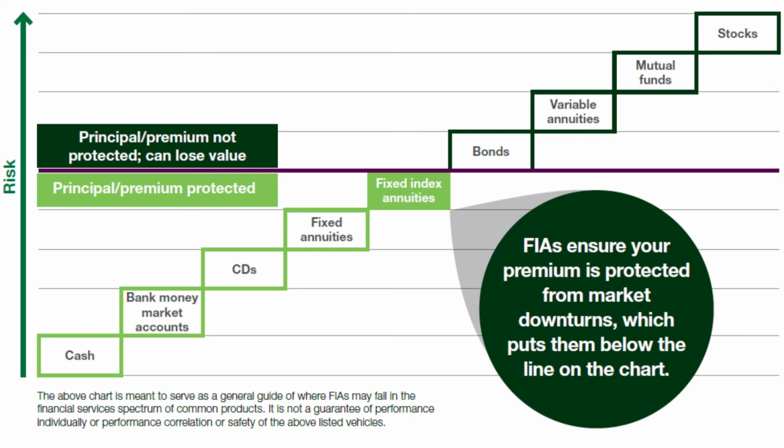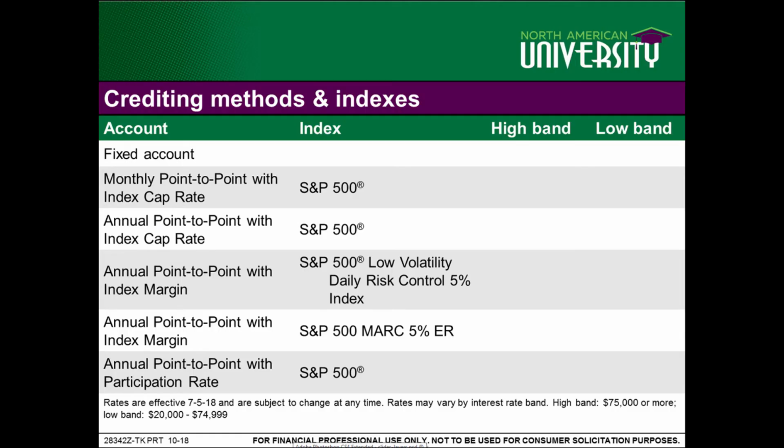Now, I know that one of the big issues for an advisor on an annual review is having to explain a zero to a client in regards to a return. So let's take the fixed account out of the equation because you can always get around a zero if you allocate to the fixed account. North American did a study where the indexes that we studied were on the left-hand side there. We then showed what the average return was of those indexes over a 30-year period, and then the amount of times that an agent would have had to explain a zero to their client. And you'll notice 33%, 19, 6.7, that's actually pretty low. 33, 60%. So that's saying a third to 2/3 of the time, you're roughly going to have to explain a